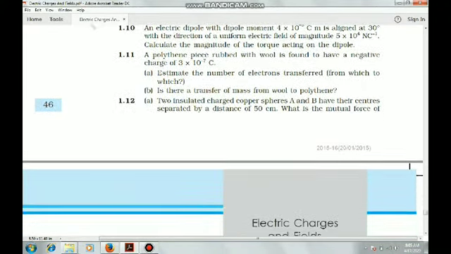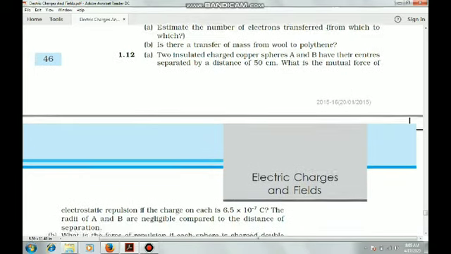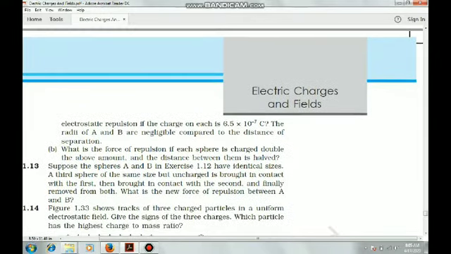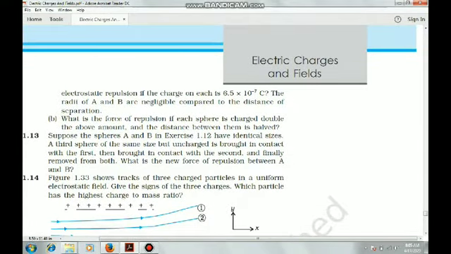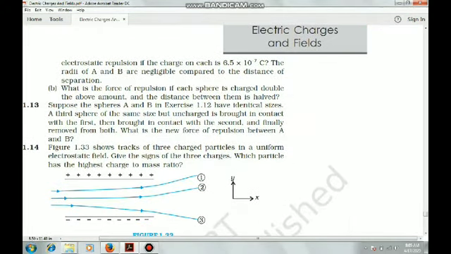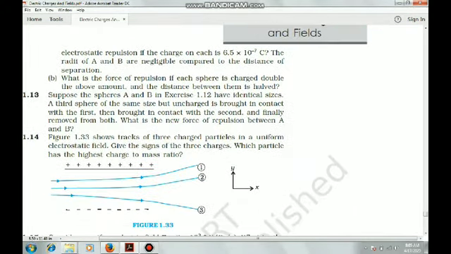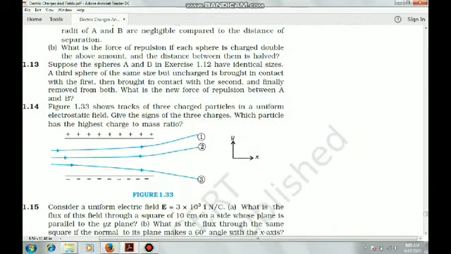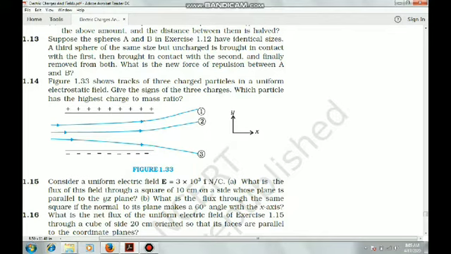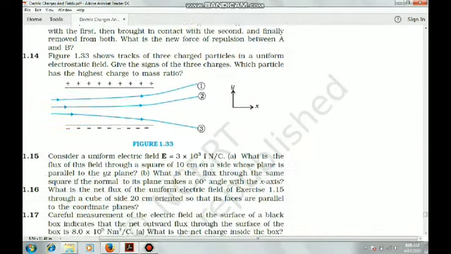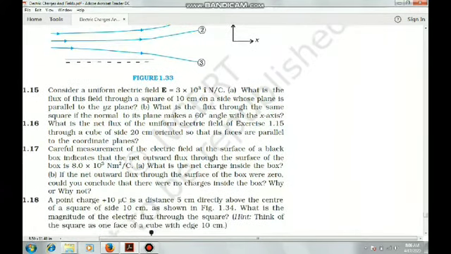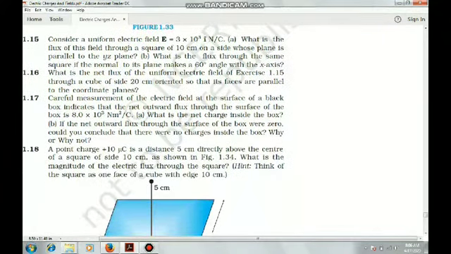Now the 1.12 numerical has been transferred to the next page, and here on the next page we have electrostatic repulsion force. 1.13 is from electrostatic force, and is directly related to 1.12. 1.14 we have already done, because we have discussed it, but you have to try one more time. 1.15 is from electric flux, 1.16 from electric flux, 1.17.